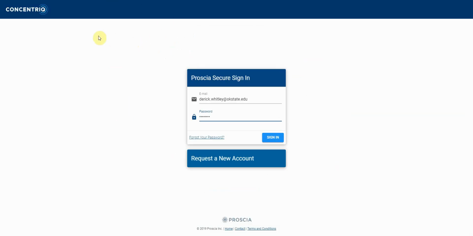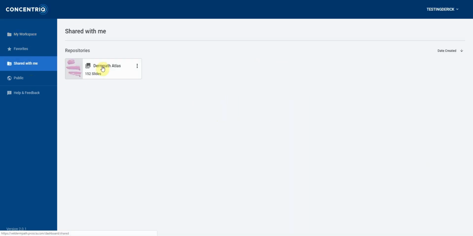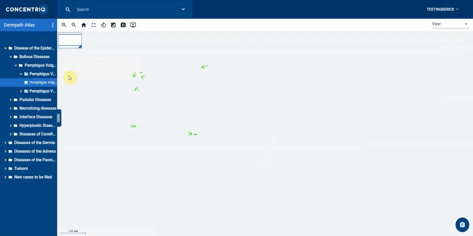This is what it's going to look like when you follow the Concentric link. It's going to ask you to log in with the credentials that are found in the email we send you. Now, when you first log in, it's going to show that there are no repositories in your workspace. You have to go down to Shared with Me. We're going to share the DermPath Atlas with you and click on that button,